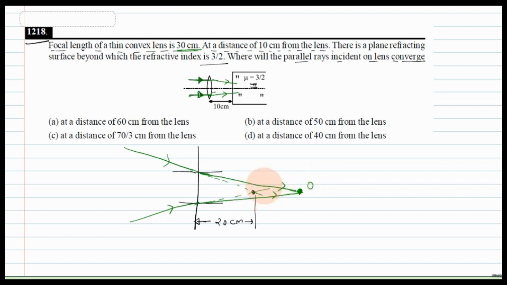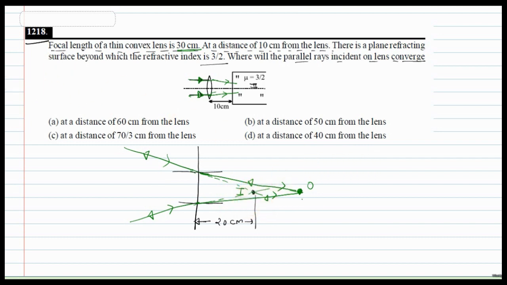By the principle of reversibility, if the light rays are going outwards, draw the light ray backward, so this light ray after emergence should go like this. So the diagram is just like that. The object is somewhere here and its image is formed here. So the image location is the position of the apparent depth.